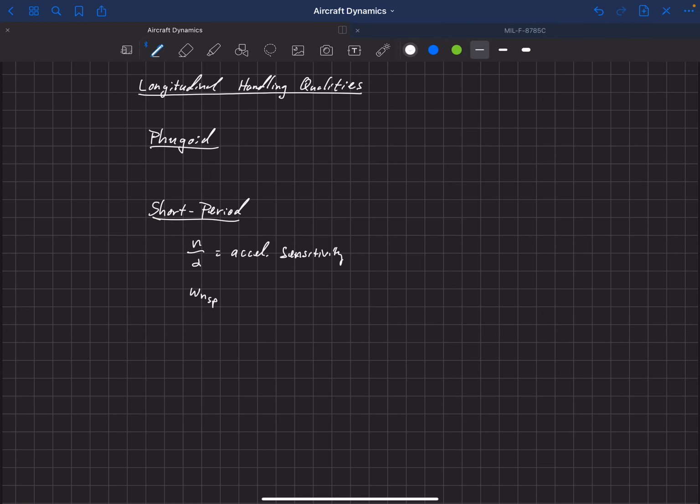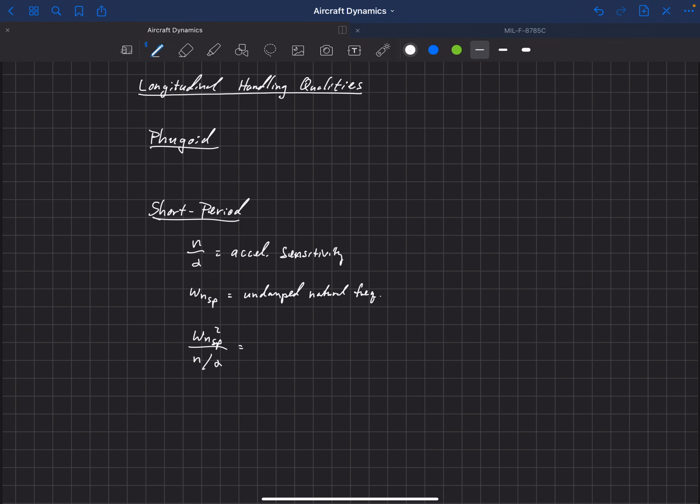That's the undamped natural frequency. Okay, and then if you take the ratio of omega n sp squared over the acceleration sensitivity, n over alpha,